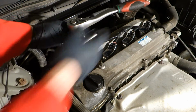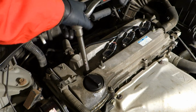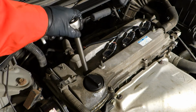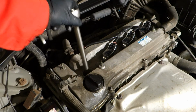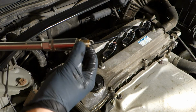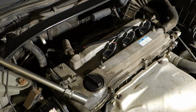And let's look, there is still a little bit of movement. We can feel that when this starts to move more, then the spark plug is free, and now it feels free, and there is the old spark plug. Okay, and now we can take that old spark plug away,